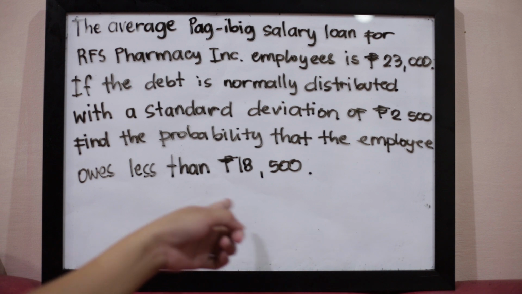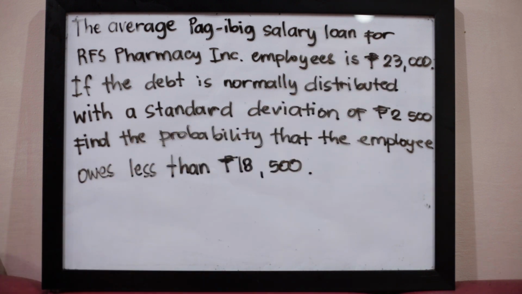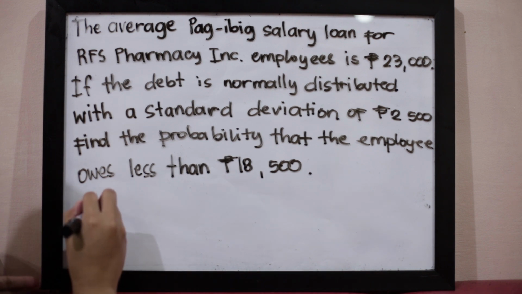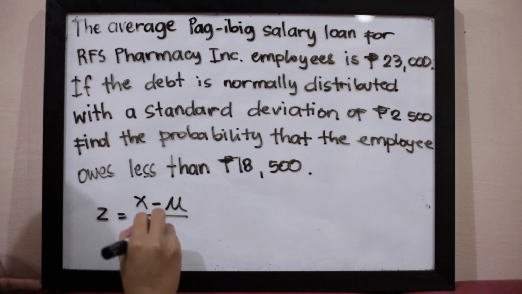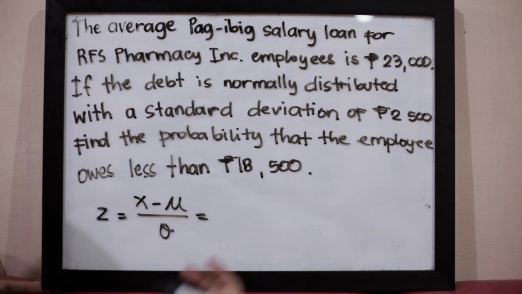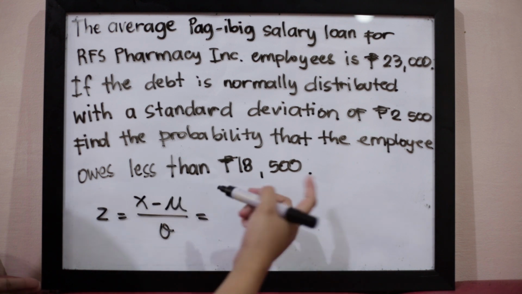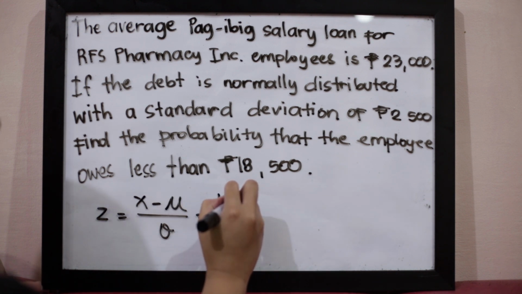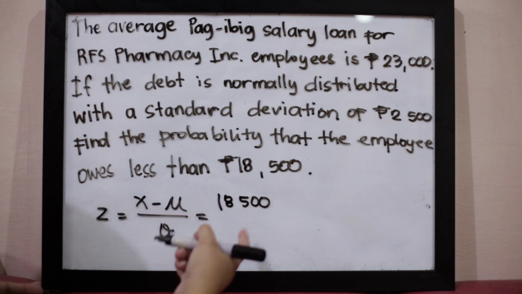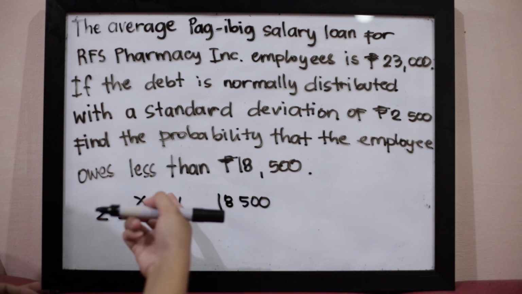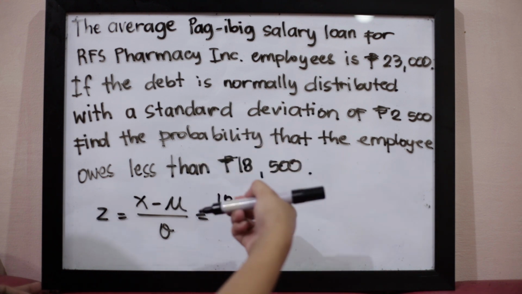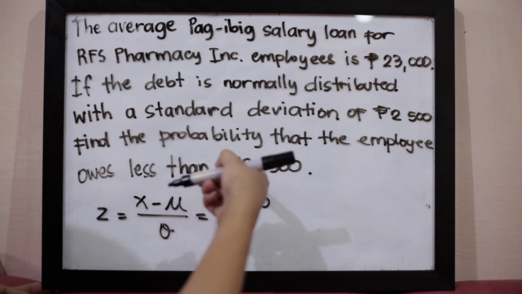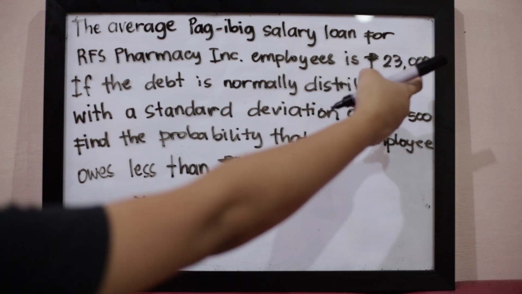Meaning to say, we have to rewrite those raw scores into Z-scores. So, we will use the formula for the Z-score: raw score minus the mean, all over the standard deviation. In this given problem, our raw score is 18,500, since we will look for the probability that their debt is less than 18,500. This is our reference point, and then this will be our raw score minus 23,000,